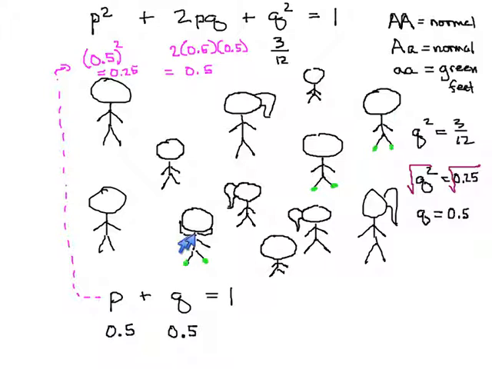So just from knowing the number of people who are recessive, we can get everything now. We know that 1/4 of our population should be homozygous dominant, big A, big A. Half of them should be big A, little a, and we already knew that 1/4 of them, 3 out of 12, were little a, little a. We don't know exactly which ones, but knowing these numbers is helpful, and if we can watch if these numbers change over time, that's interesting, and we can tell how many people, for example, are carriers for the green foot trait. In case people wanted to know or wanted to do something about it, we could tell them how common